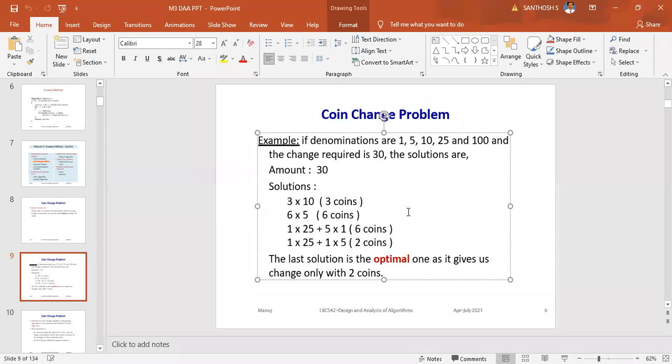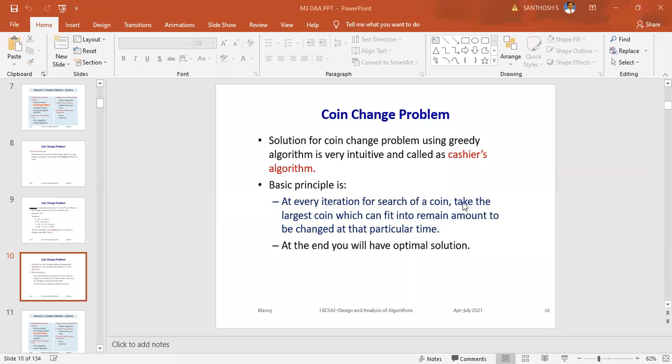Okay. So understood this particular coin change? Have you understood the coin change problem? So that is the example